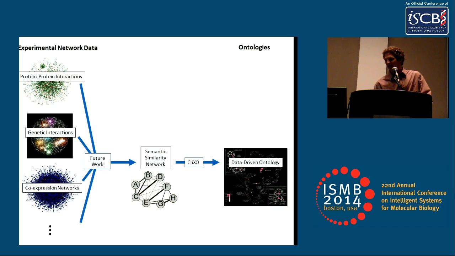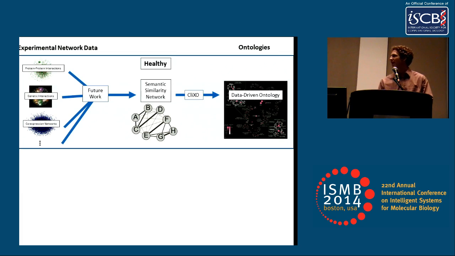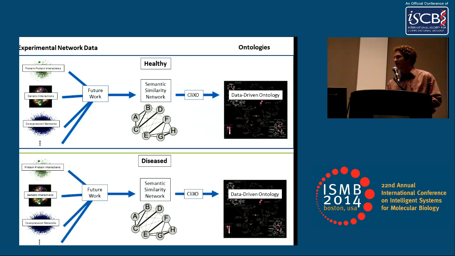Another area that we're really excited about is being able to take this entire pipeline and run it on a specific type of data from a specific condition. So for example, we can build an entire data-driven ontology for a healthy cell using only data from healthy cells and get this data-driven ontology which represents a full hierarchy of functions that that cell is performing. Then we can do the same thing on data from a diseased cell, align these two ontologies, and we can